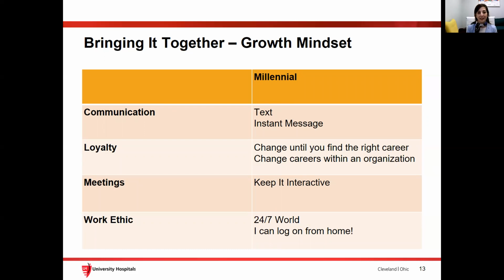And so it's very easy to lose their attention if it's not interactive. Also of note, millennials don't consider multitasking to be rude in meetings, and so sometimes we don't always have that insight, especially when a member of an older generation is running a meeting, that we need to slow it down and maybe not multitask that way.